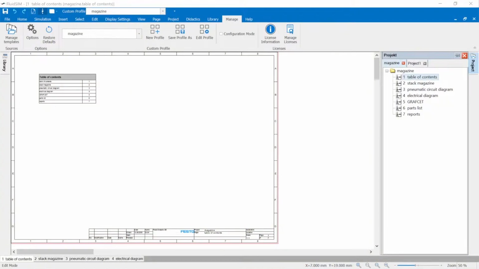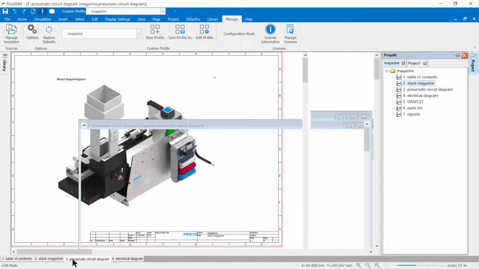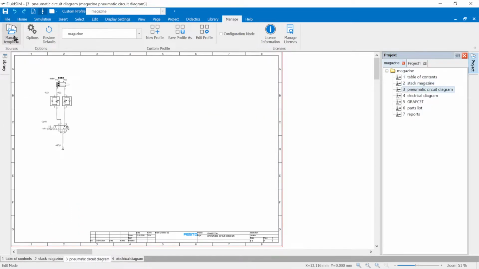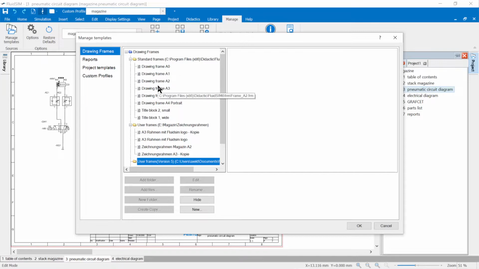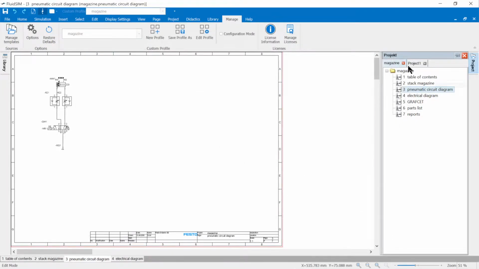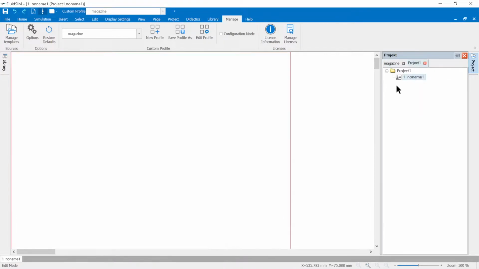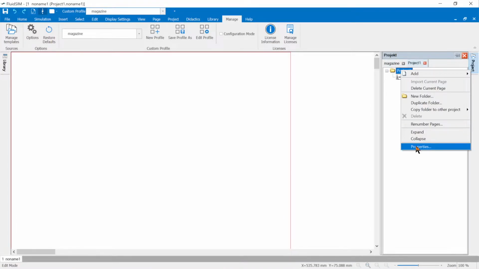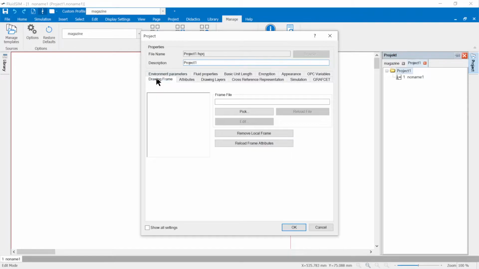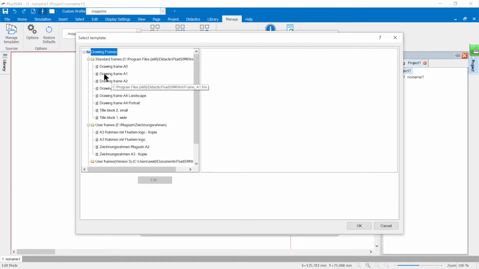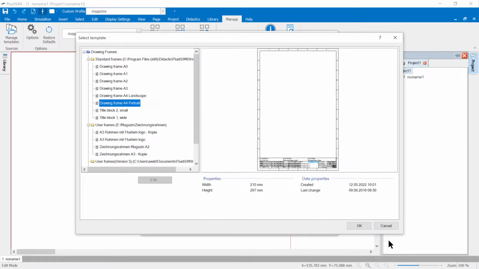Using standard drawing frames. Drawing frames are part of a standard compliant representation in technical documentation. FluidSIM comes with a number of drawing frames that can be embedded at project or page level. Drawing frames are selected at the page or project level in the properties. With the Pick button, all drawing frames that have been made available via the settings in the template management are